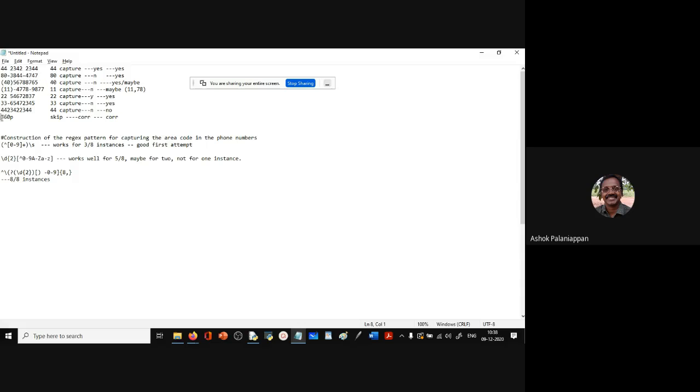How can we miss these patterns? Only if you complete the entire pattern, this pattern will be missed. Each match should match the entire pattern. After it matches the entire pattern, the part corresponding to the area code is extracted. So first we want to make sure it is a valid phone number. After we make sure it's a phone number, we extract the area code. Whereas this is not even a phone number, so the pattern will not match. Even though it has 2 digits, the pattern is not matching, so it is skipped.